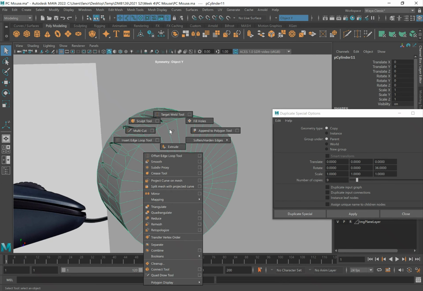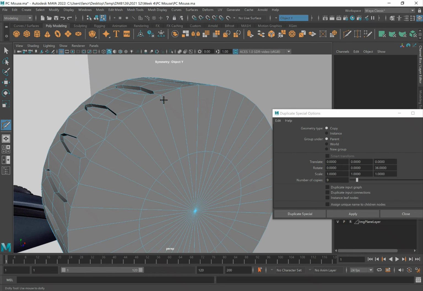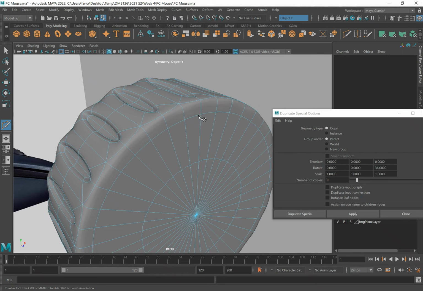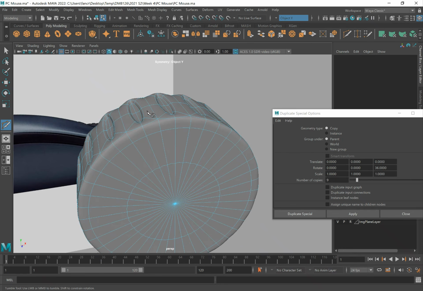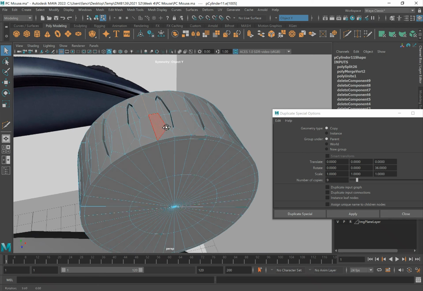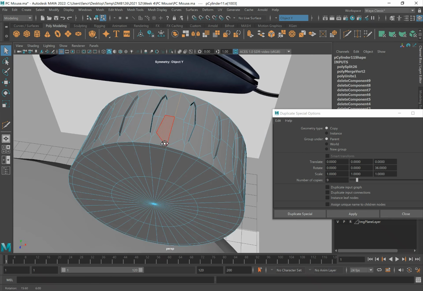So for example, I can do a multi-cut tool to make this wheel a little bit better to hold the ship. Definitely I could possibly create a little bit more over there as well. Okay, so of course, aside from there, some things that I have not done is, for example,